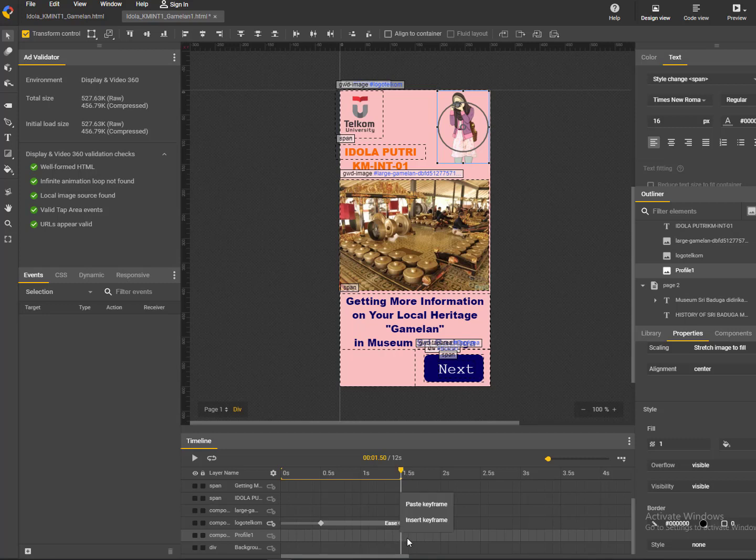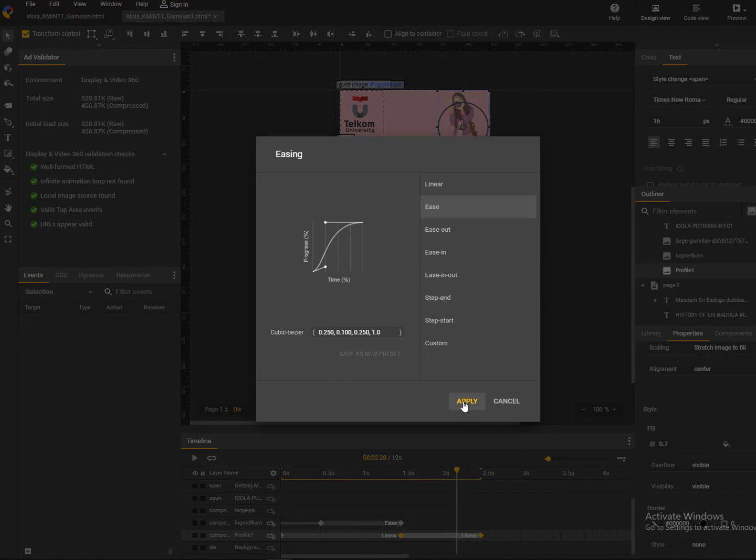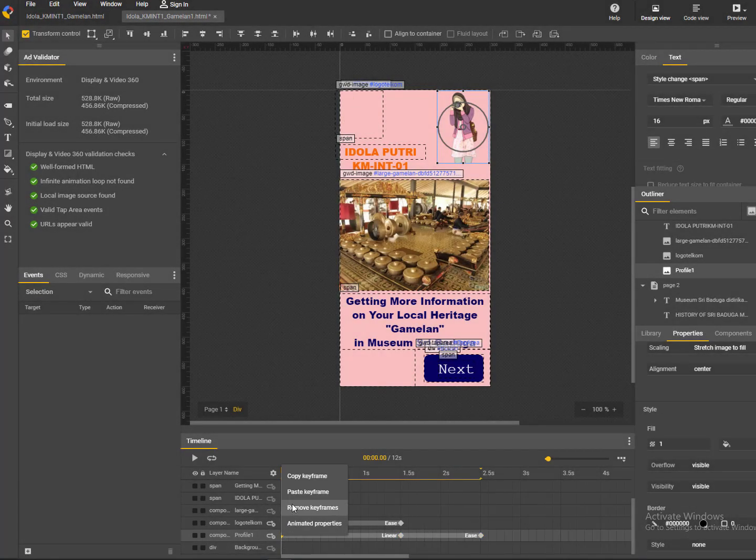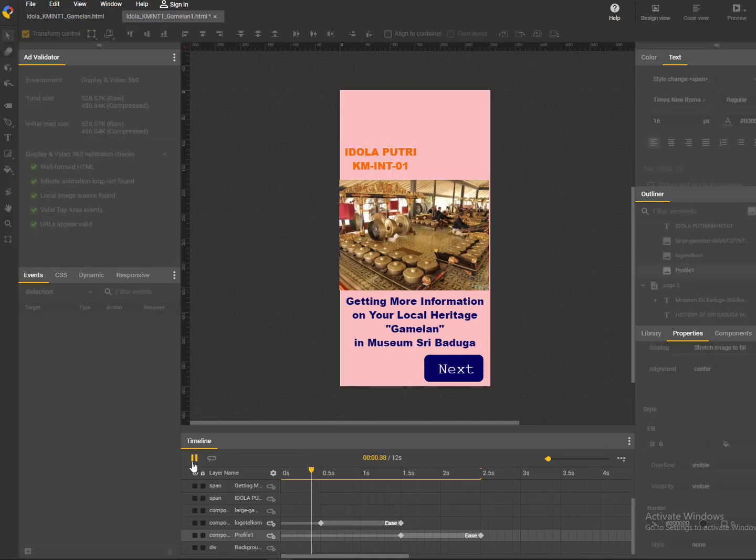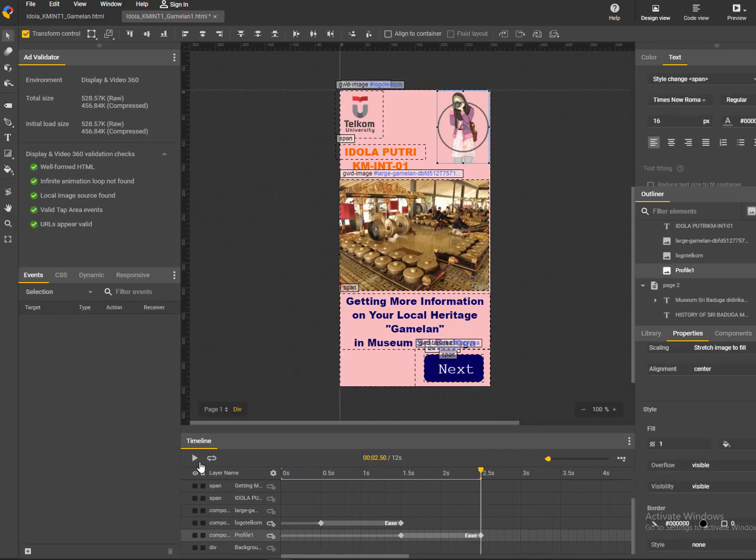Click the picture, insert keyframe, I want this also to appear in half a second, 1.5 seconds, and then insert keyframe again, click the first diamond, change to 0, don't forget to enter, click the linear, easing option, ease, apply, don't forget to remove the first keyframe, the triangle one. Okay, so we can play. So it's going like that.